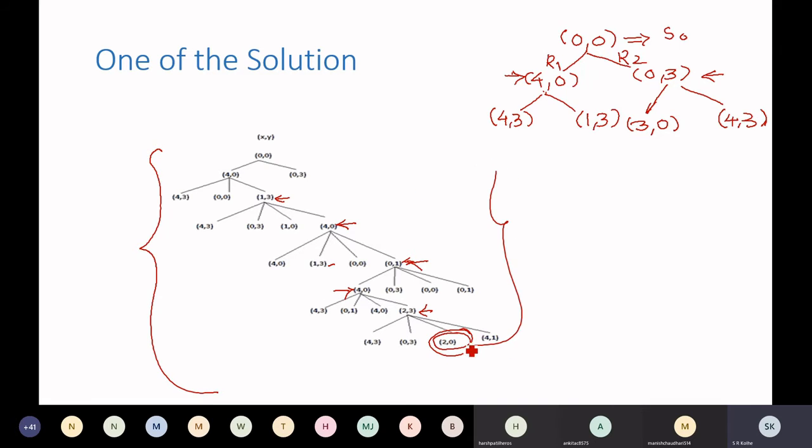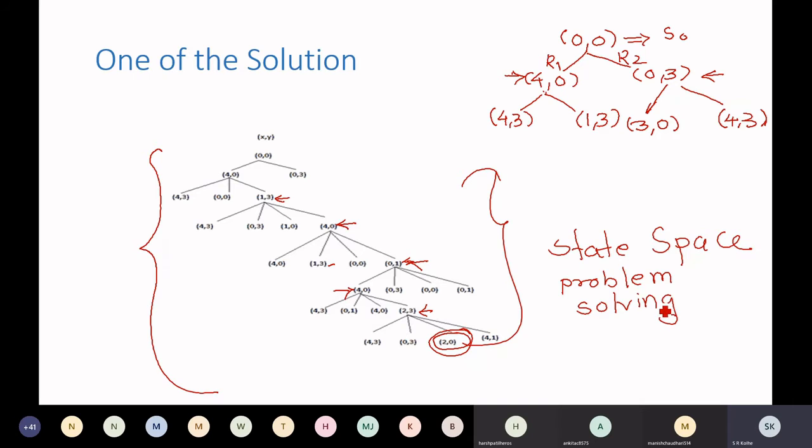So this is called the state space, the complete state space. And ultimately this is what problem solving is. You are going to write a computer program for converting your initial state into this final state. This we have done manually, but you will be writing a program, an algorithm, and that program will give you the solution: the set of states that you will go through, or the set of actions that you will have to perform to reach the goal state.